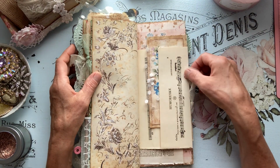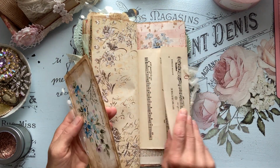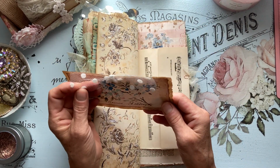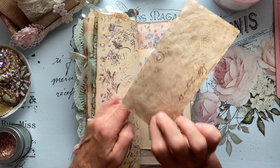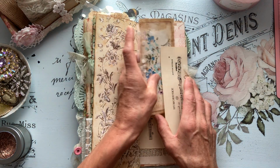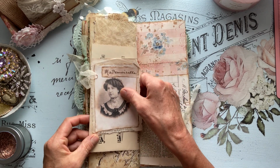Then we have some vintage music photo here, which does flip out, and we have this beautiful tag here with this mesh polka dotted bow. It's backed with some coffee stained lace paper and SamPoole stamp that tucks right in there. And on the back,